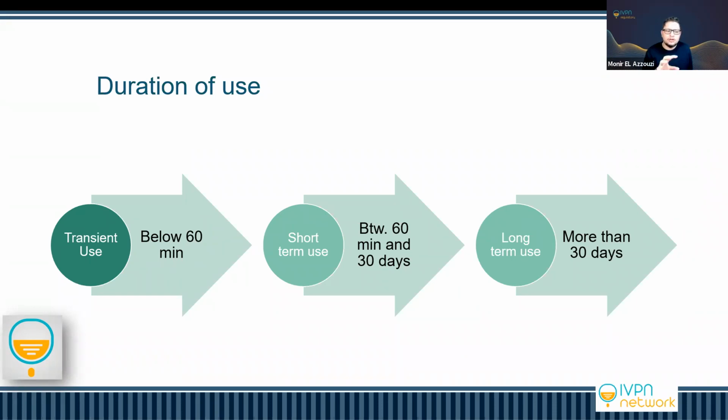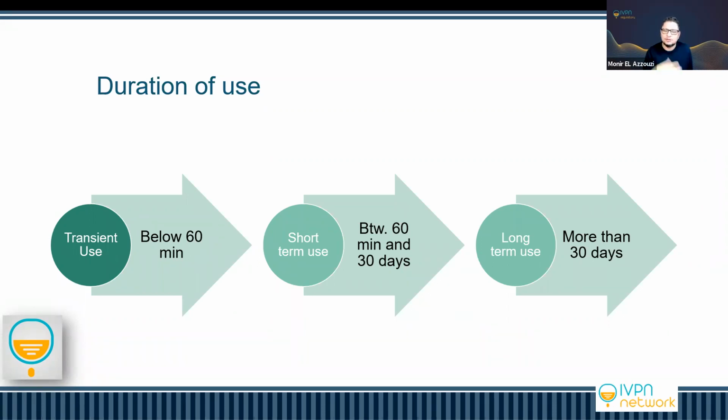So the transient use is below 60 minutes. Now, imagine that your product can be used during 59 minutes, and then it should be replaced with another product. So you think, oh, then it's a transient use. No, here we are talking about cumulative use. So it means if you are replacing the device immediately with the same device, maybe it's a plaster, and you say the plaster should stay 59 minutes,